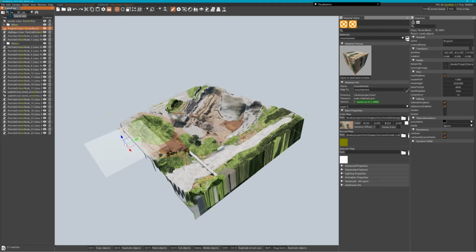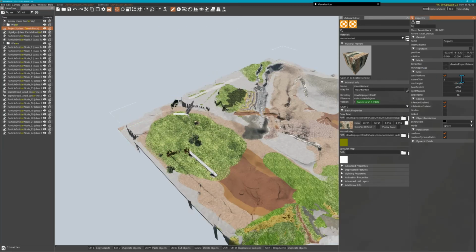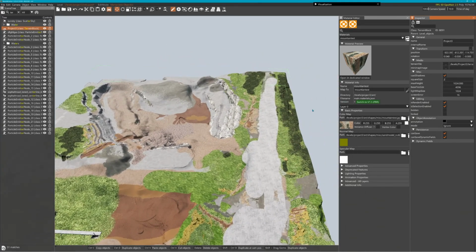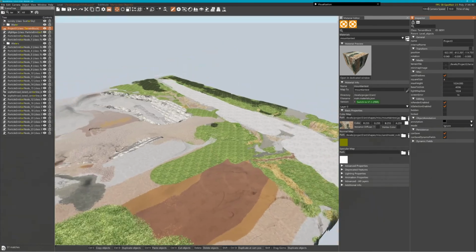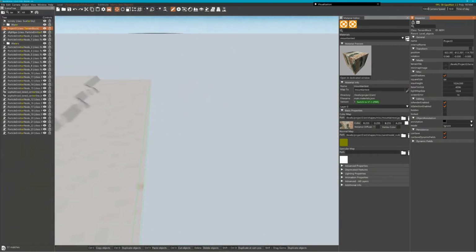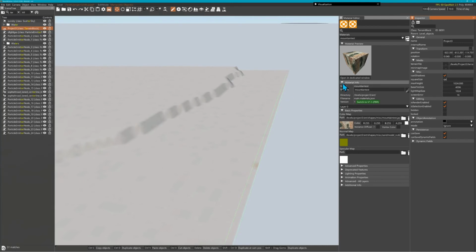you can type TER, like I said, to get to the terrain block in your scene tree. If you can't find it, it's got that little mountain icon. You can change the square size here, but it's going to deform the model however many times you make it larger. I don't know how large it can go, since my view distance isn't far enough to see something that large, but